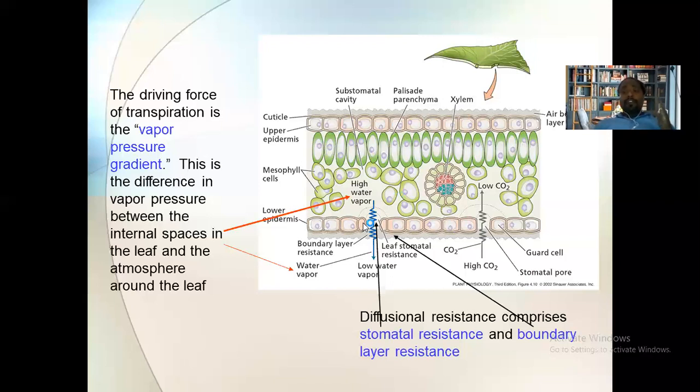DPD is also higher. Suction pressure is also higher. Turgor pressure is low. Wall pressure is low. So at that time, the water from the intercellular spaces will enter into the stomata. Getting it? Why? Because these intercellular spaces are full of water. Now remember, in the intercellular spaces, water is present in the form of vapors.